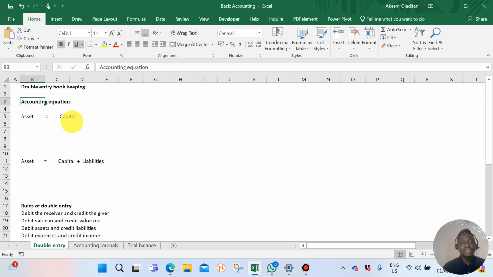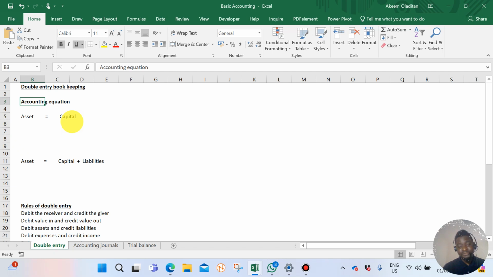That business owner is expected to bring in cash, or assets like a motor vehicle to run around for the business, or a building as a structure for the business. At that point, the owner of the business will have been said to have brought in